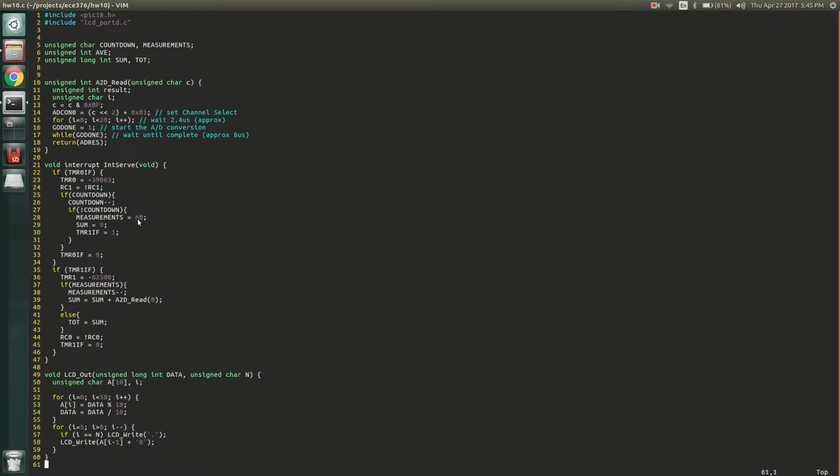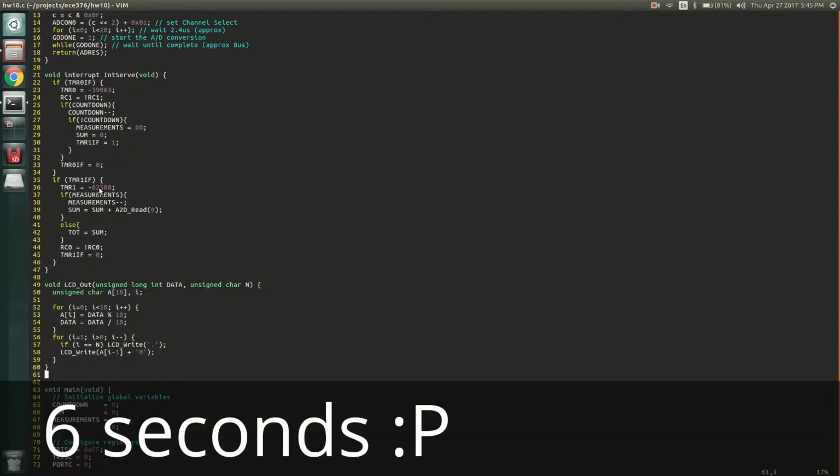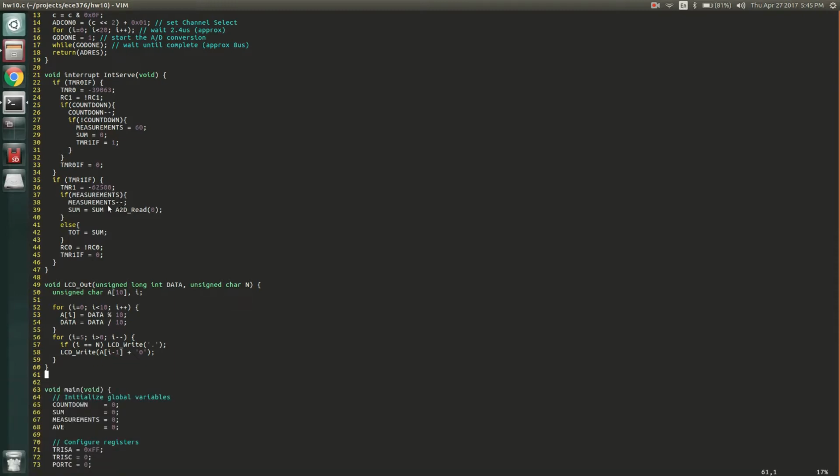equal to 60 because we're going to be taking 60 measurements. We set our sum back equal to 0, and then we trigger the interrupt for timer 1. In timer 1, we set our value, which we calculated so that I believe it triggers once every 10 milliseconds, and so after 5 seconds we'll have 60 measurements. Each time we take a measurement, we decrement measurements, and we add the voltage reading to a variable